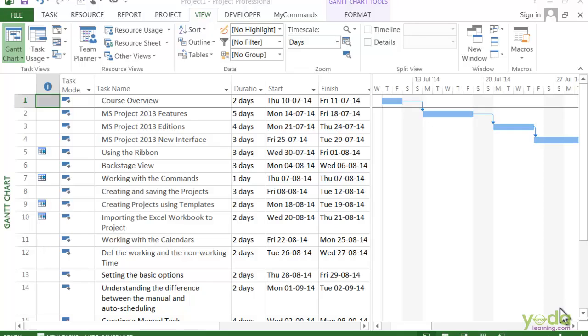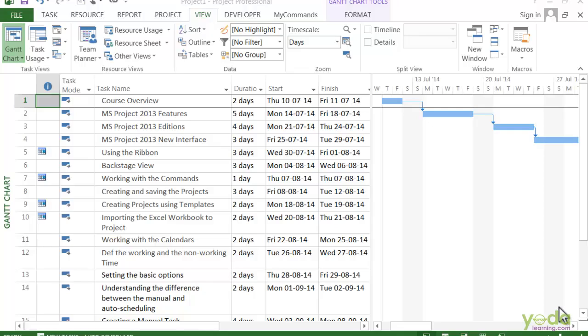Summary tasks are great for organizing the work tasks for a project. They can represent phases of work or tasks performed by a particular group. In Project, you can create a summary task for several existing tasks or create a new summary task with its own new subtask. Let's say you want to organize some existing work tasks.